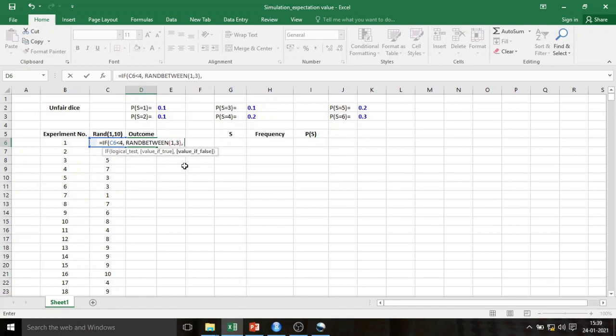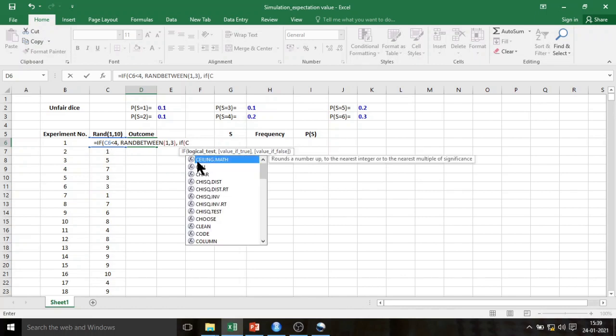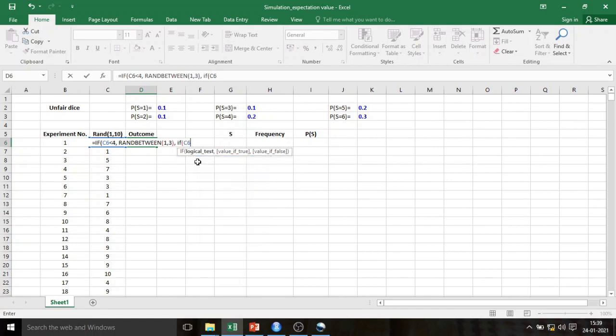Else, if, now the same cell C6, if the value in C6 happens to be less than 8, then we will say that the outcome of the unfair dice is 4 and 5, meaning we have to say RANDBETWEEN 4 comma 5,